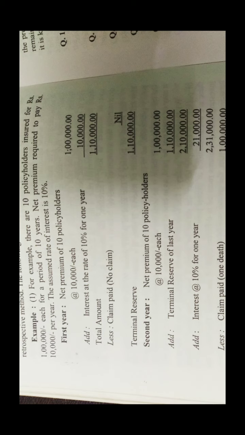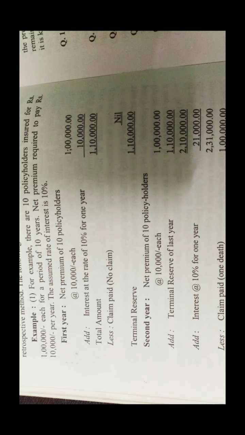देखिए, टोटल अमाउंट हो गया आपका 1,10,000. ठीक, लेस क्लेम पेड, तो कोई क्लेम नहीं आया है, तो क्लेम की प्लेस नील होगी. फिर है टर्मिनल रिजर्व, ये भी नील है, कोई क्लेम नहीं. फिर उसके बाद नेक्स्ट है सेकेंड ईयर. दूसरे ईयर में नेट प्रीमियम ऑफ 10 पॉलिसी होल्डर्स एट द रेट 10,000 ईच. तो आपका ये हो जाएगा